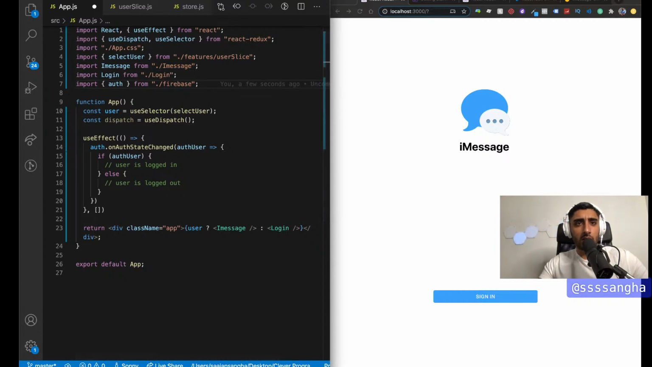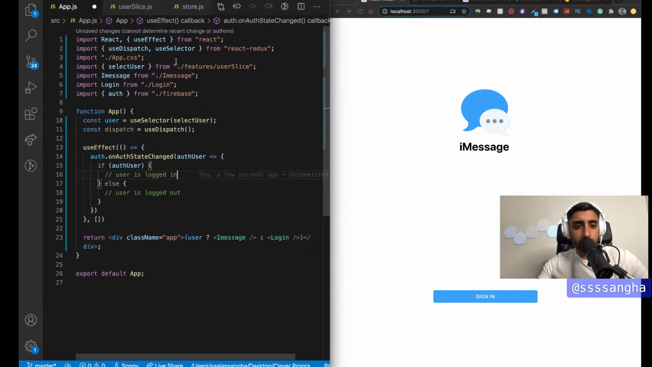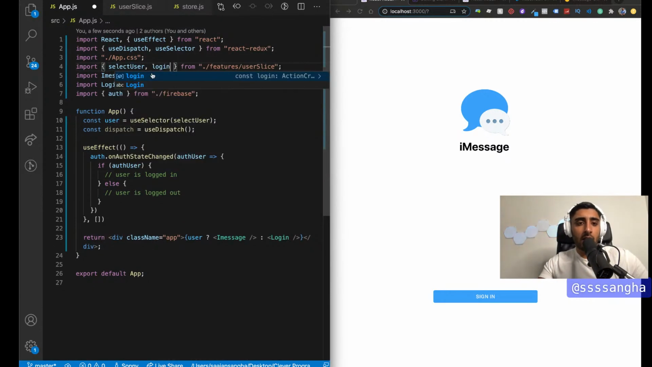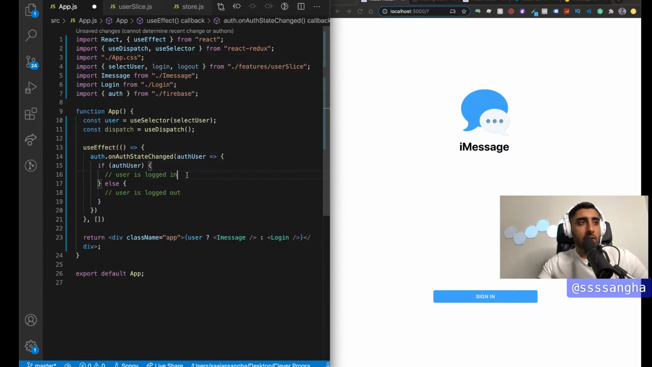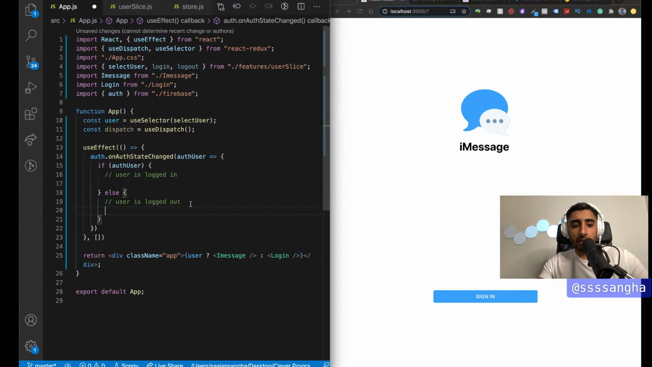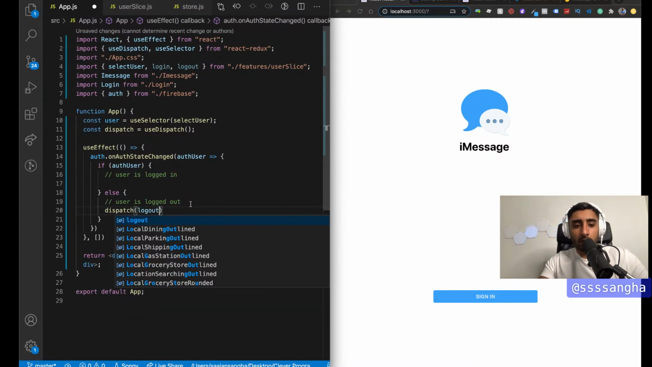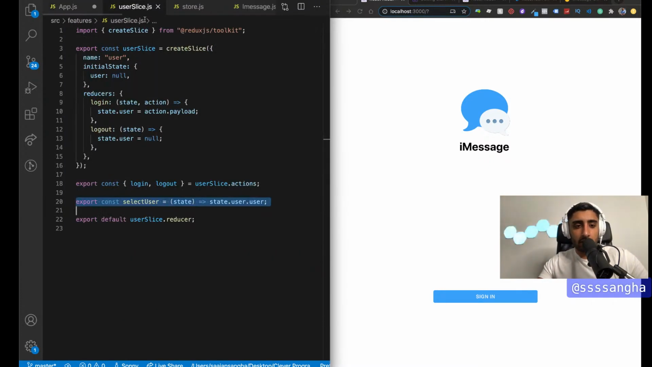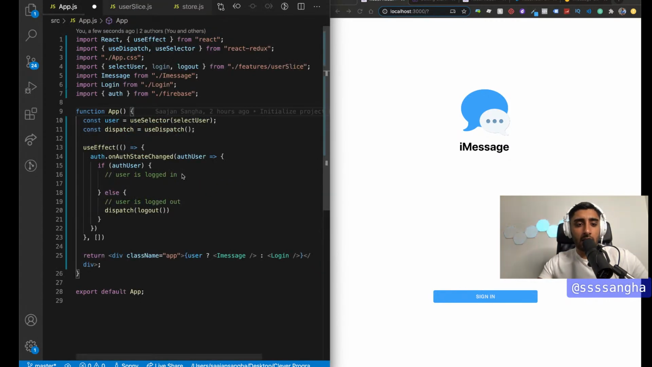Okay, yeah, so now we get the gun to go ahead and fire changes or actions into the reducer, so that way it can change the data layer. So now we've got that. I'm going to go ahead and import the login and logout action from the user, right? And then what I'm going to say is if the user's logged out, I'm going to dispatch a logout event, right? And then if we go to our user slice, the logout event simply clears the state.user to null again. And then here I'm going to say,